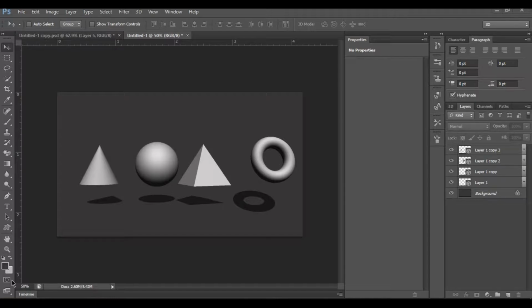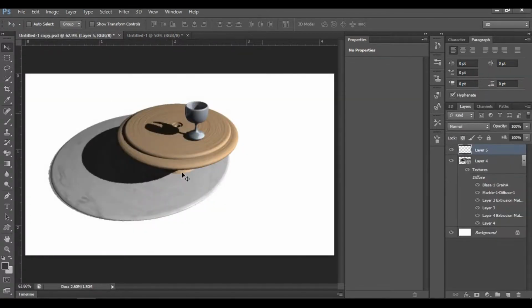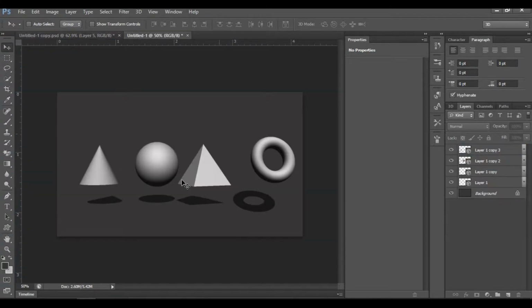In today's video, I'm going to show you how you can create 3D shapes or 3D design in Photoshop. It's easy, and with the 3D objects, you can create this type of table and glass effect or these type of shapes. So this is our introduction video, and in this video I'm going to show you how you can create these type of shapes. So without wasting further time, let's begin.